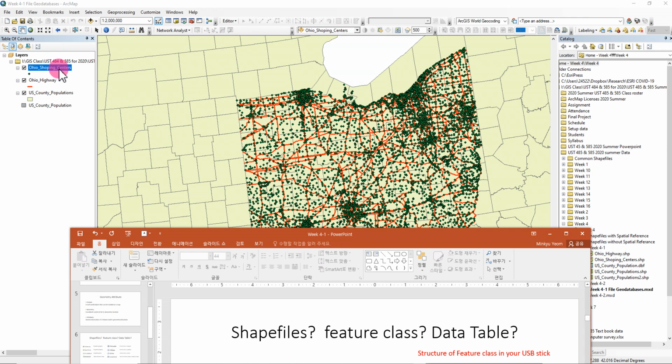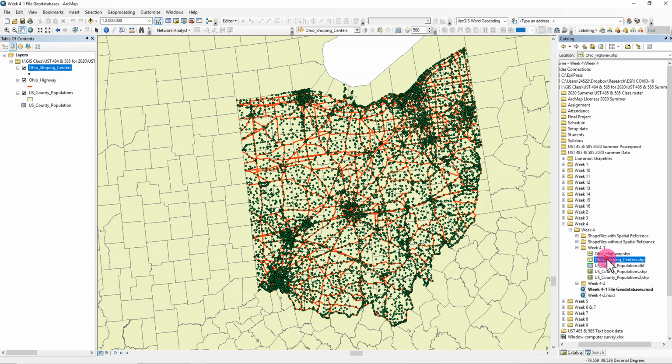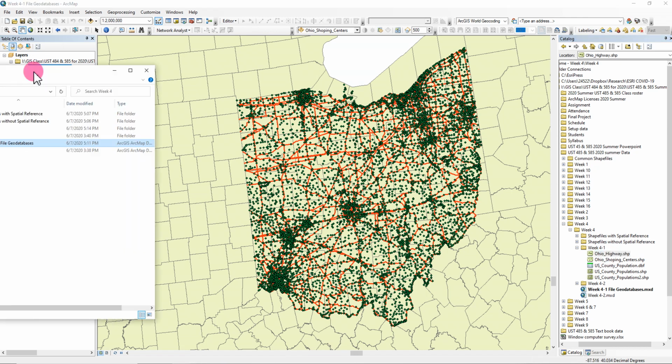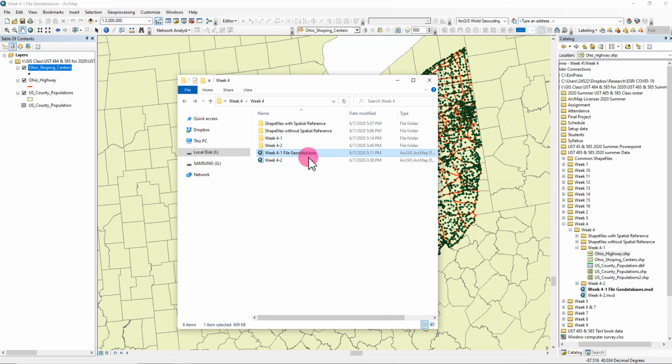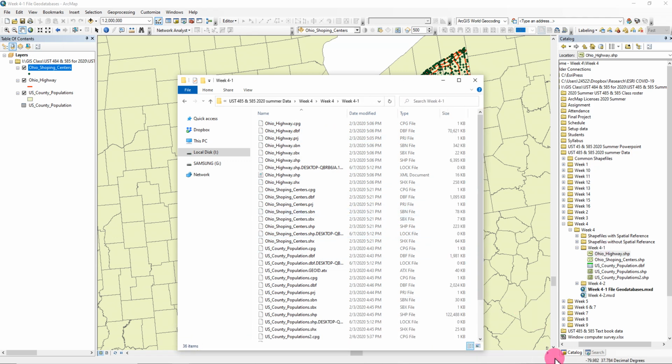This layer looks like just one single file, right? And if you look in the catalog here, it also looks like one single file. But if I open the week 4-1 folder outside of ArcMap,